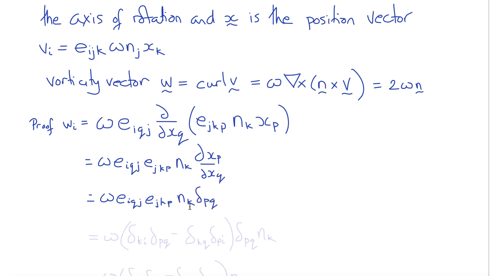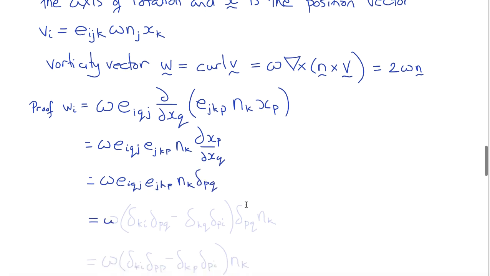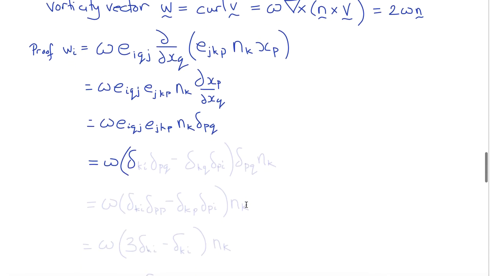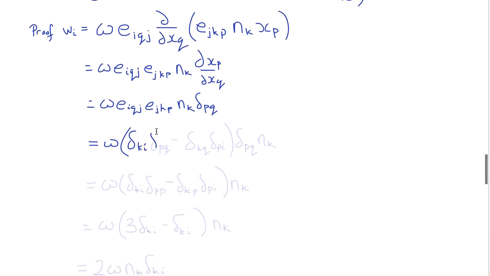Now we'll use the E-delta identity, which will convert E_iqj E_jkp into delta_ki delta_pq minus delta_kq delta_pi, times delta_pq from here, times n_k. Now simplifying this by using delta_pq to convert this q to a p, and this q to a p, it will become omega times delta_ki delta_pp minus delta_kp delta_pi